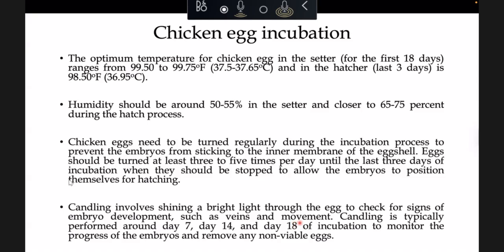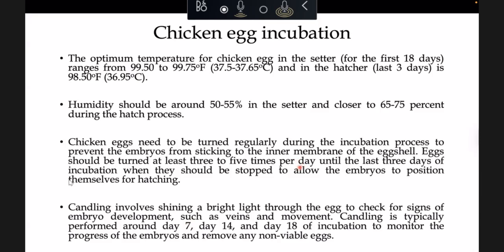tray, then we look once again, because at day 7 we look for which eggs are fertile and which are not fertile. By day 7 candling we can tell the difference easily. So if the eggs are fertile we keep those, and those eggs which are not fertile go to